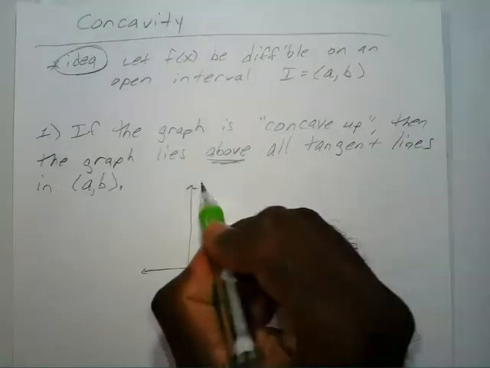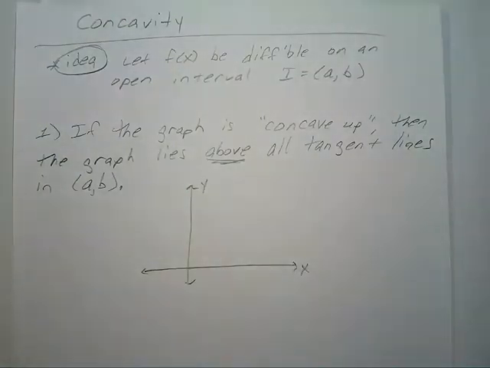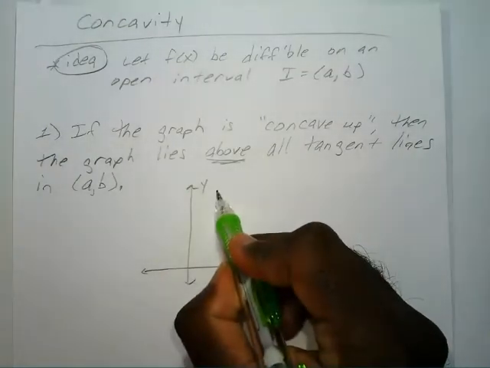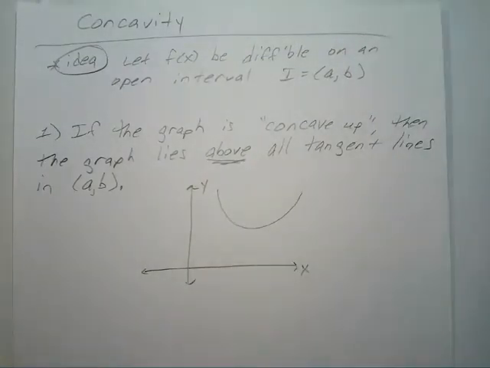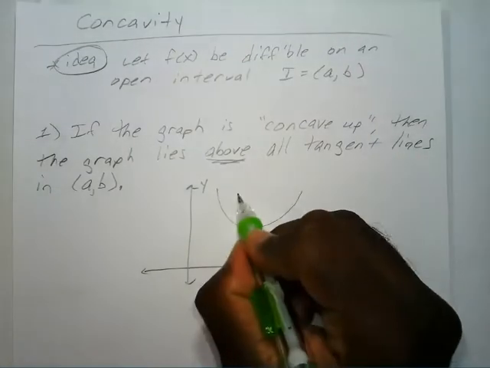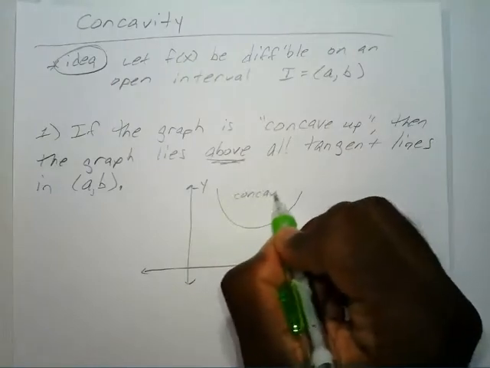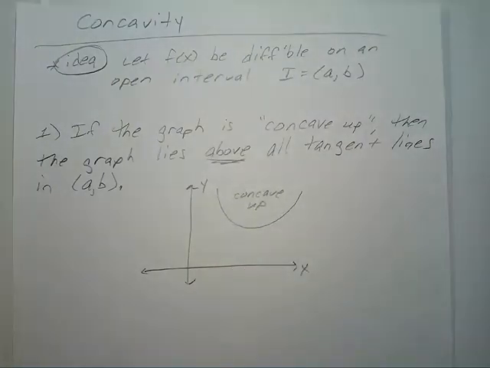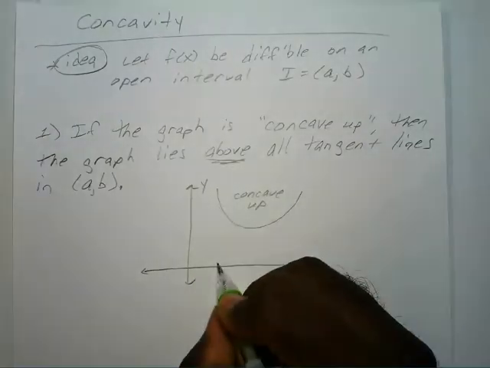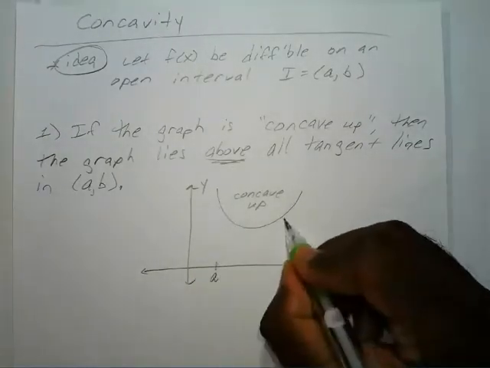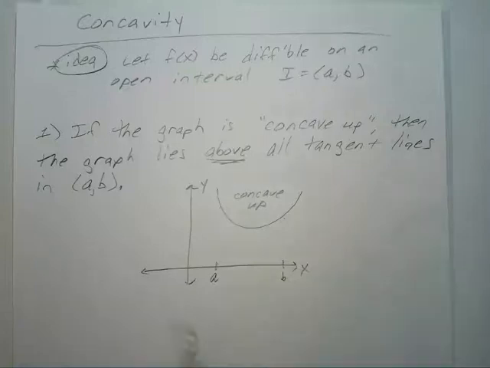You have your x and you have your y, and you have a graph that looks like that. This is what we call concave up. Let's say this is x equals a and your interval ends at x equals b. So from a to b,